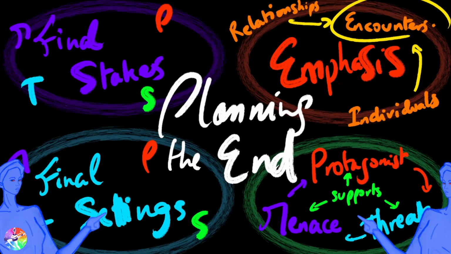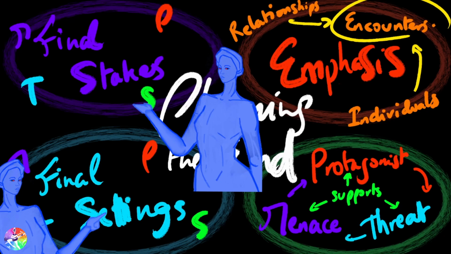So in the final settings, you'll have to justify the presence of 4 characters. Just for the stakes, you have to establish the presence of 4 characters, and you have to establish the stakes of these 4 characters. How did they evolve from the chapter they were presented in? It may be chapter 1, or it may be chapter 3, or it may be chapter 6 for the menace. 1 for the protagonist, 3 for the threat, and 6 for the menace. Or it can be earlier for any of these 3 characters. And when the support appears, you have to establish the settings and why they're in these last locations.